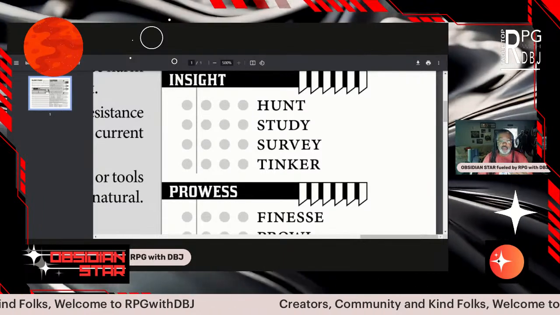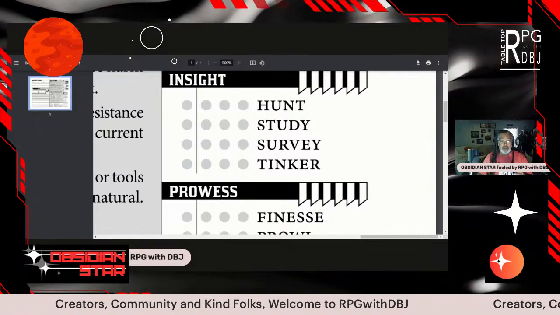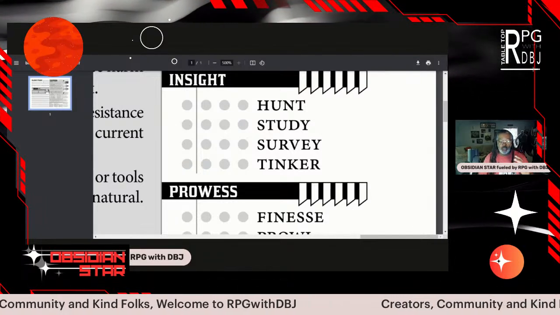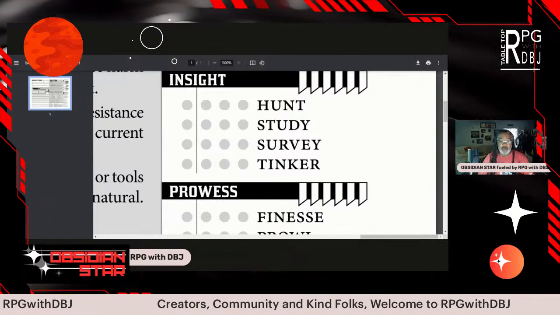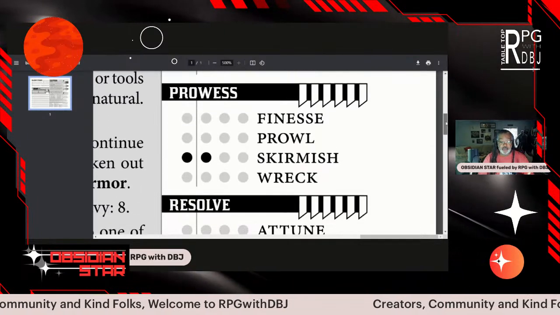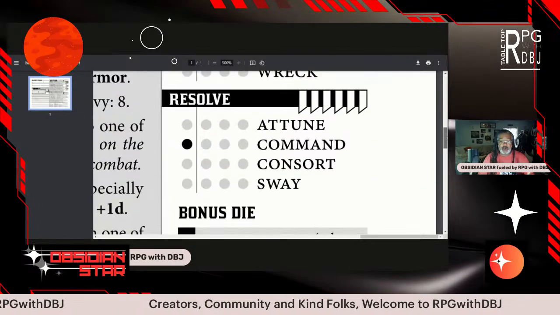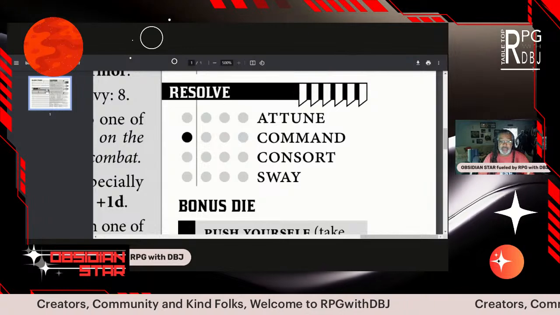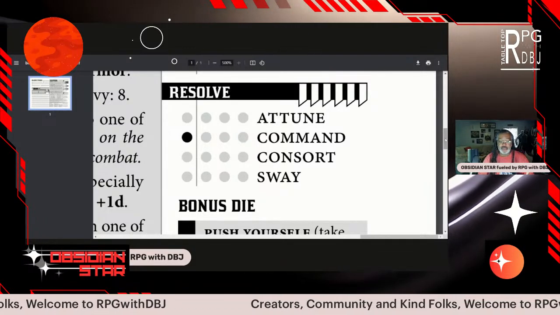And you can see that they are gathered together amongst one category. So we have our insight category, and with those we have hunt, study, survey, and tinker. Under the prowess category, we have finesse, prowl, skirmish, and wreck. And then we have the resolve category where we have attune, command, consort, and sway.